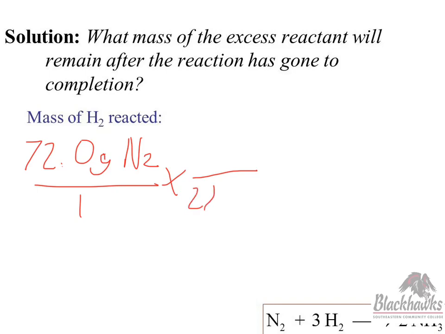28.02, and that's grams per mole of nitrogen. Do I need a 2 there? Yeah. That's over 1 mole N2. Yep. And I'm going to have you then do the ratio from the balanced equation